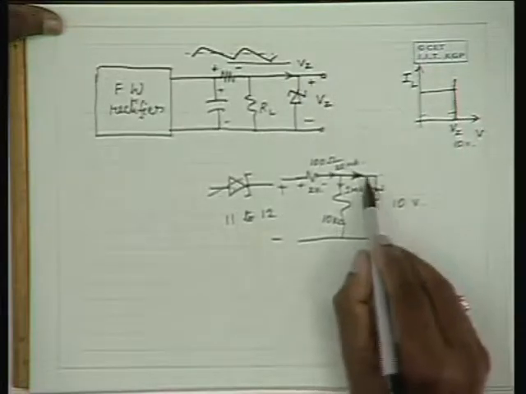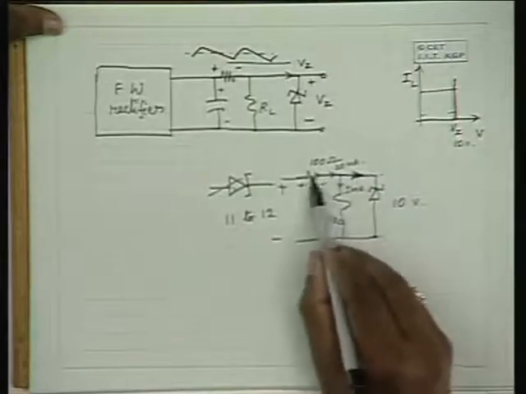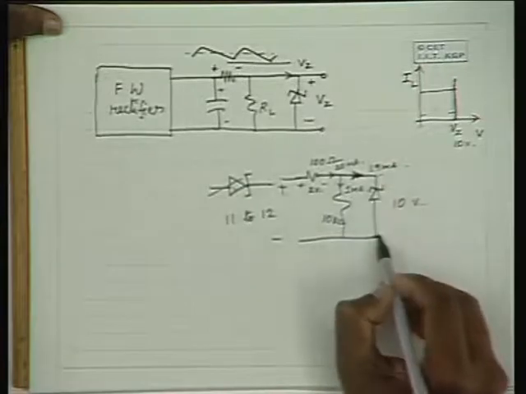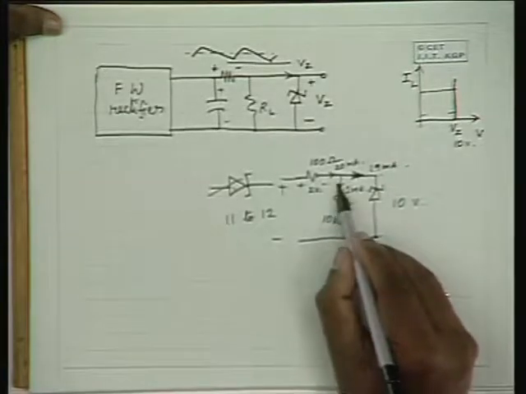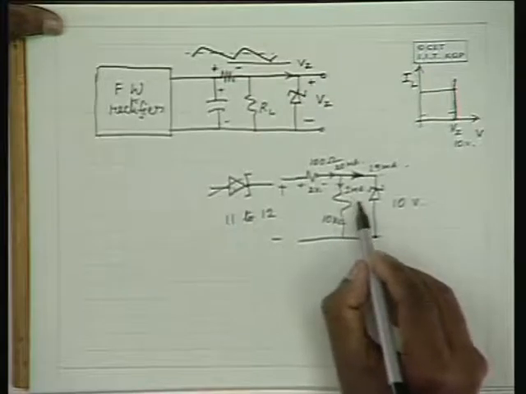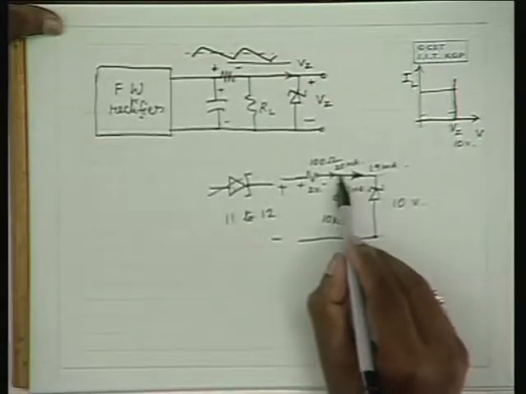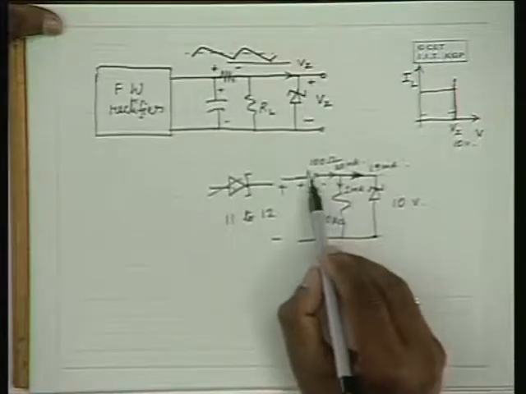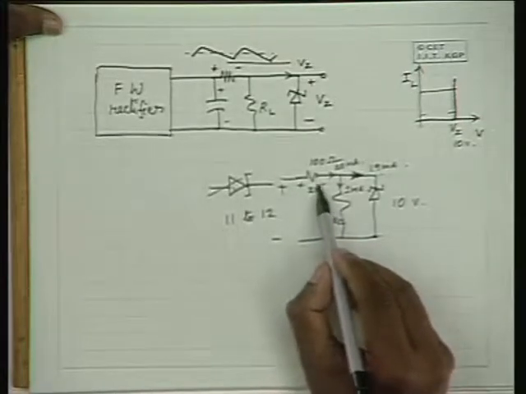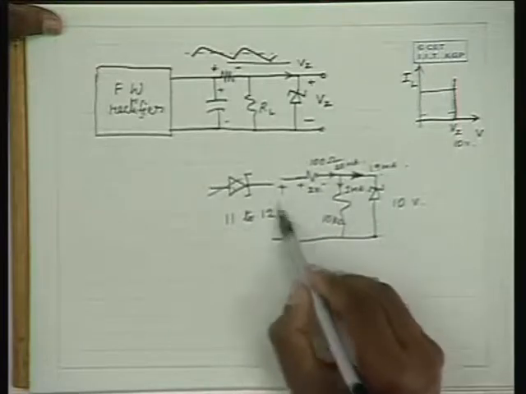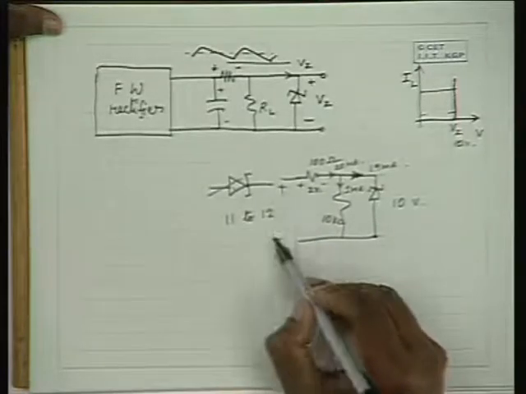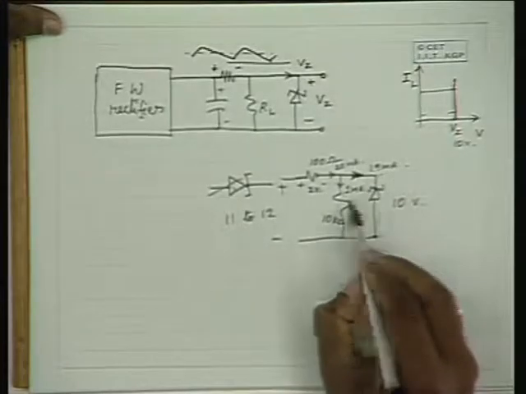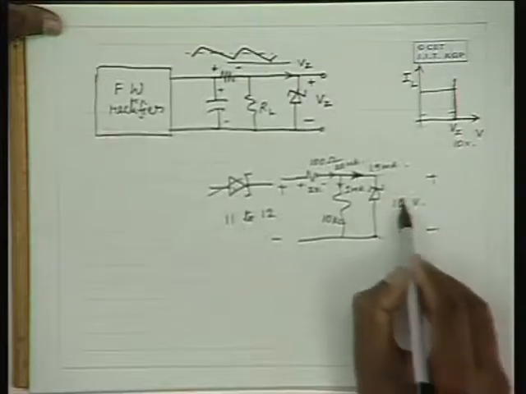It can absorb almost any amount of current with the voltage maintained at 10 volts. Therefore, in this particular example, it will take 19 milliamperes of current, still maintain the voltage as 10 volts, and with this 10 volts, the current that goes through this is 1 milliampere, and these two put together, 20 milliamperes, flow through this, maintaining a 2 volts drop here, and that satisfies Kirchhoff's voltage law. So when the voltage here is 12 volts, this is the situation. It takes 19 milliamperes and keeps the output voltage at 10 volts.